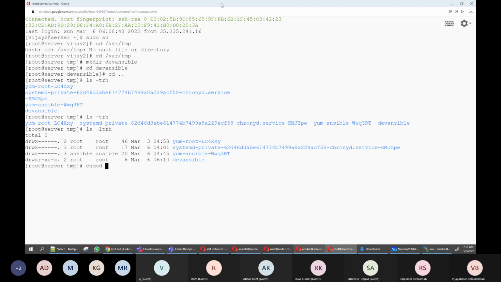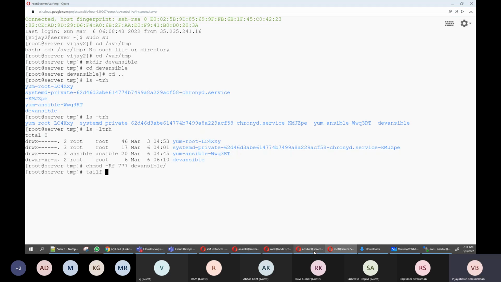Change mod, or we can make the ownership Ansible. 755. So now what we are going to do is tail -f